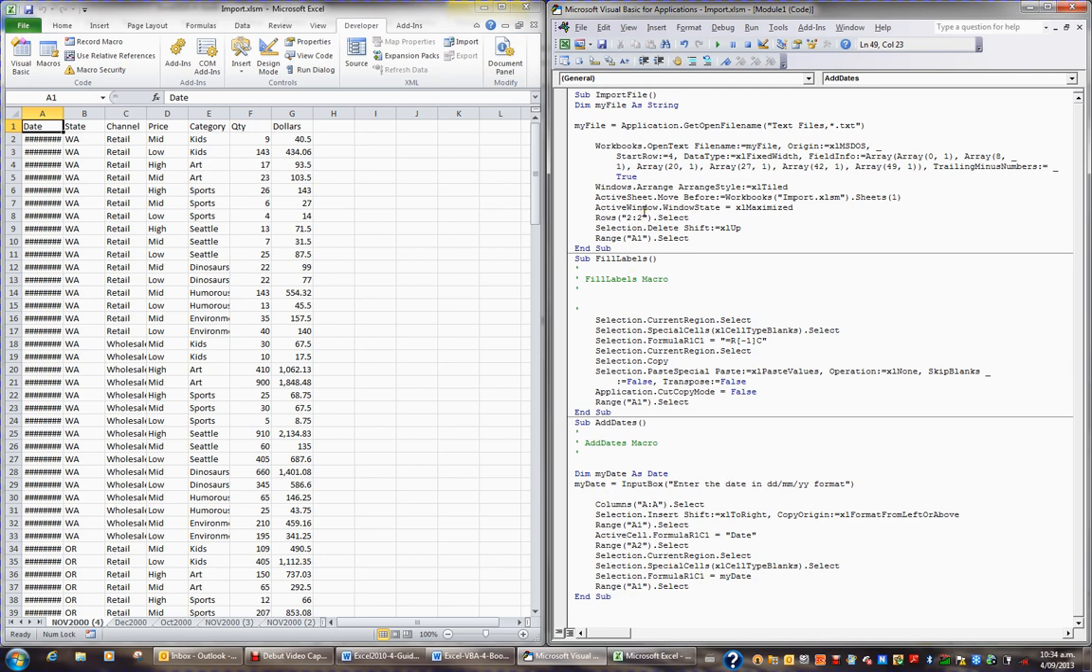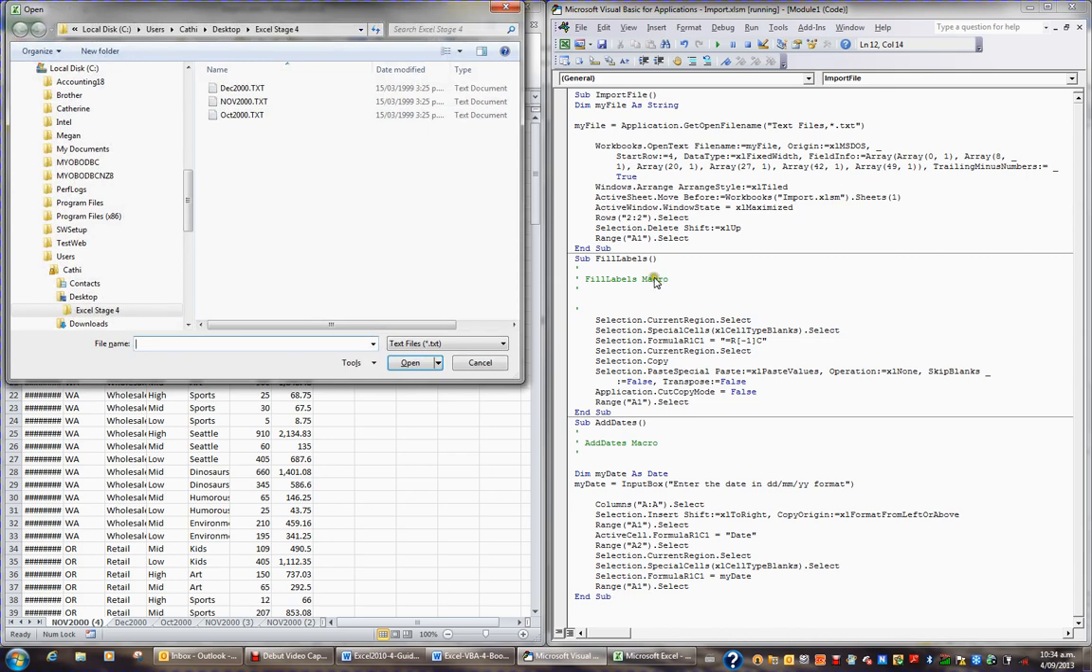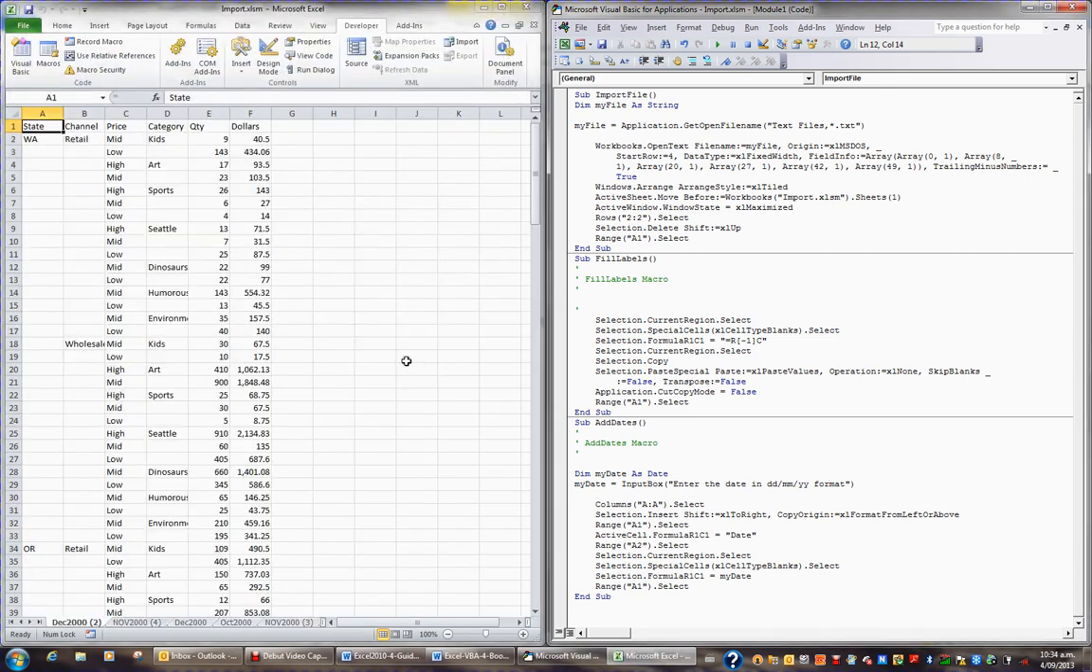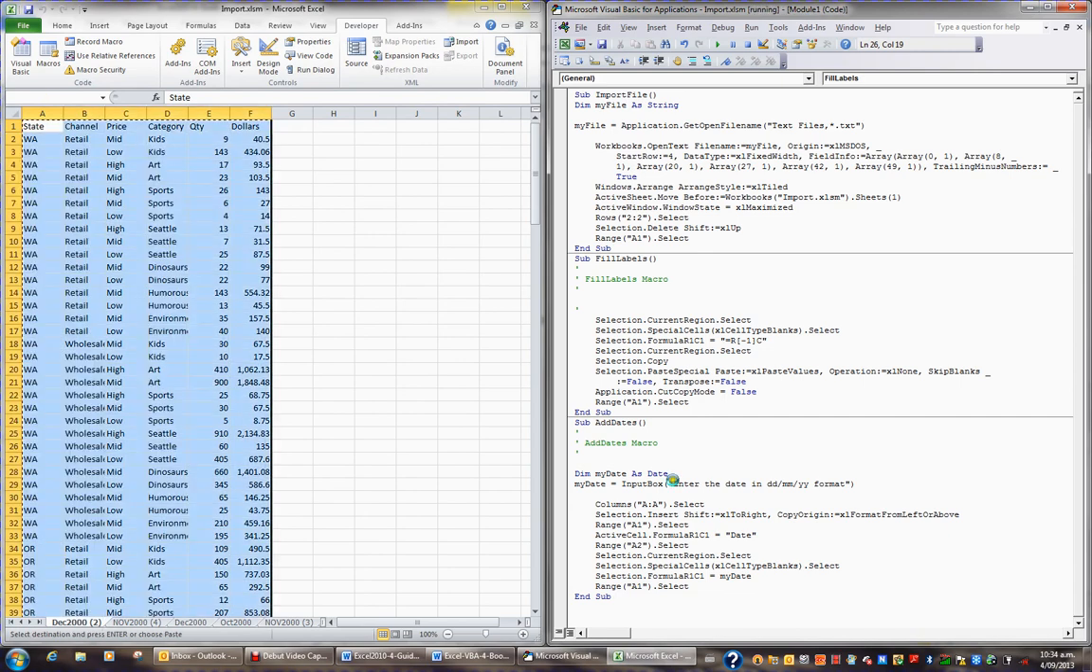If I click on the import file subprocedure and I press F5, what I want to do is run that subprocedure and bring in December 2000. So I choose that file and open. So December 2000 is brought in. Then I want to fill labels, so I click in this subprocedure and press F5, and that automatically fills in the labels. Then I go to this subprocedure, add dates, and I start to walk through it, or I could